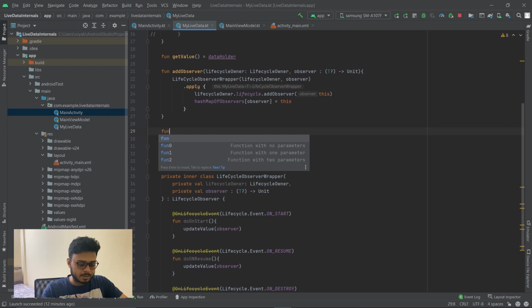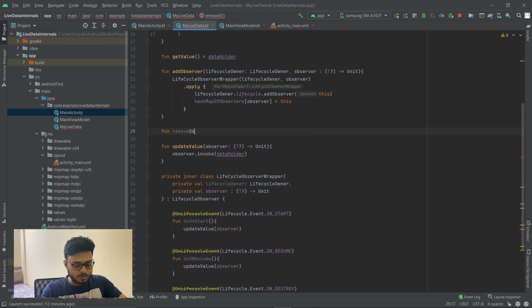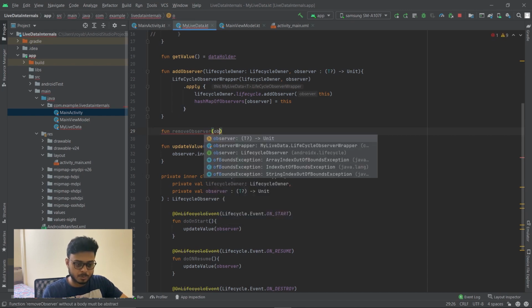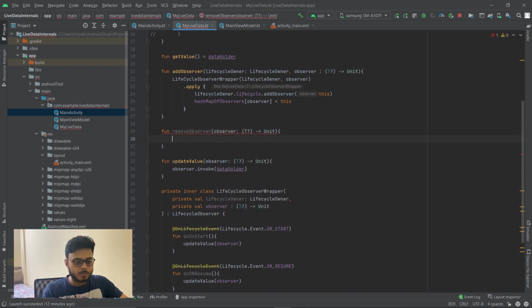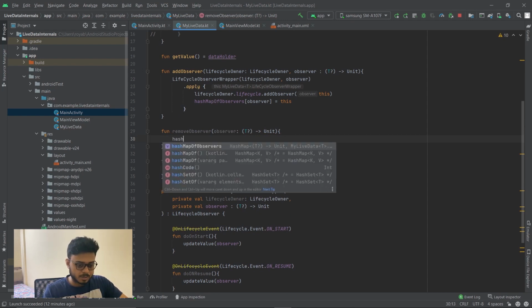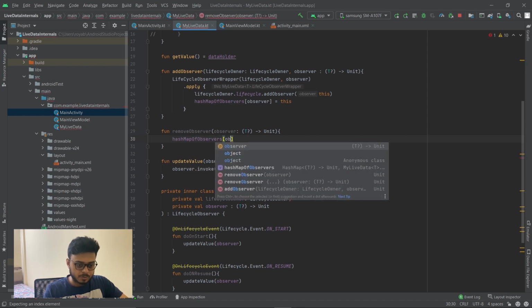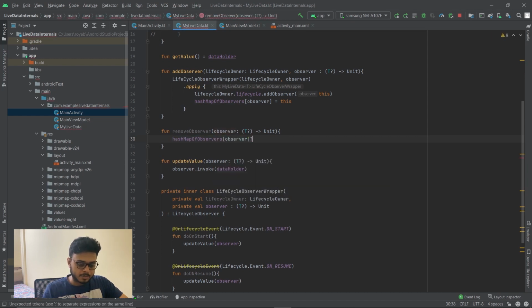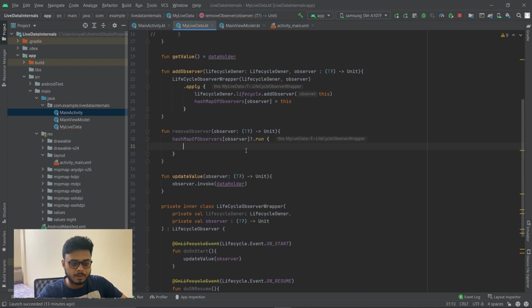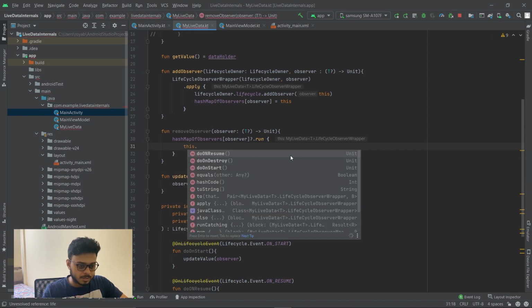So we'll add fun remove observer. Here we will take hold of an observer instance, and then we'll get hold of the wrapper from the hash map. So hash map of observers, observer, dot run. We'll only run if a value is found. So now we have the wrapper, so we'll do lifecycle owner, this dot